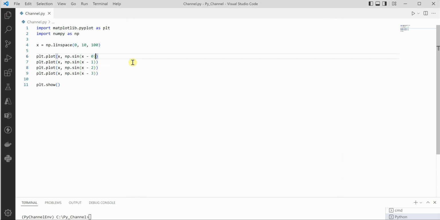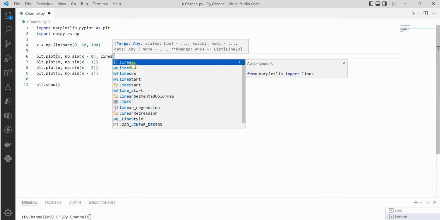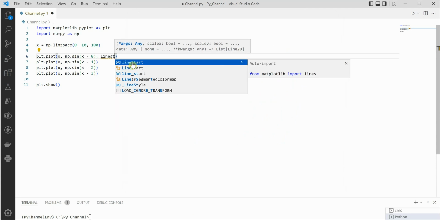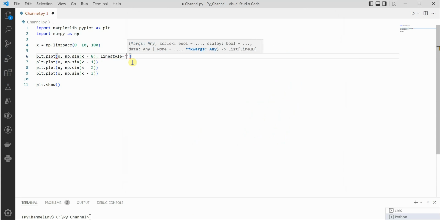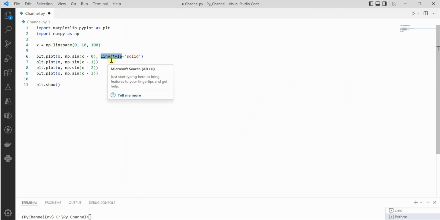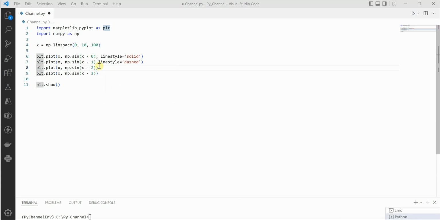So in order to do that, we need to pass in one additional parameter named line style. And here you can say what type of line do you want. So let's say you are looking for solid line. So just pass in solid, and here I will add another line, let's say dashed line, and the third one I want it to be dash with dot, so that is named as dash dot, and the fourth one would be